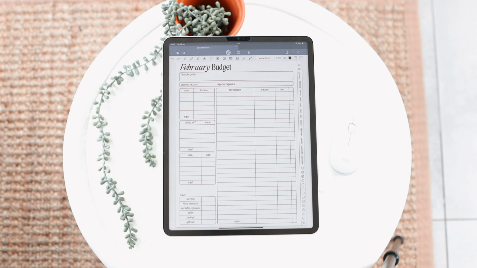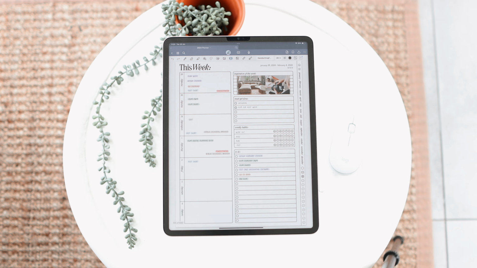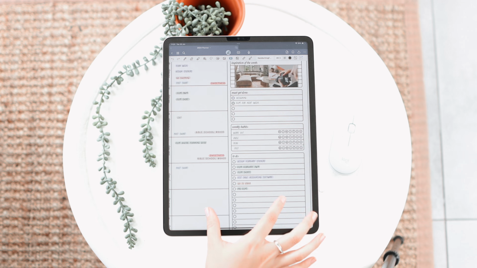The February budget I'm not going to be doing in this video. I do this at the end of each month, so that's not going to be shown in this video. And then here is my weekly plan for this week. Since it is kind of an overlap between January and February, I had to start this planning yesterday, so here you can just see the planning that I did,